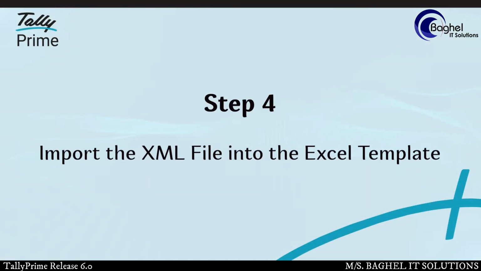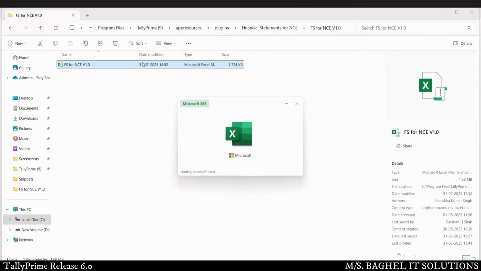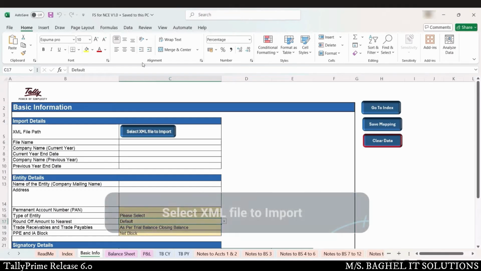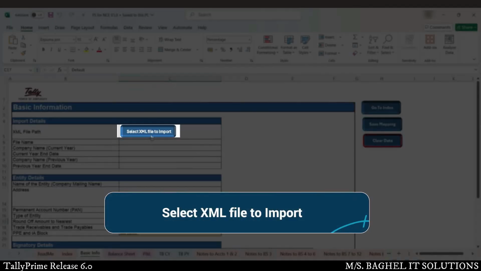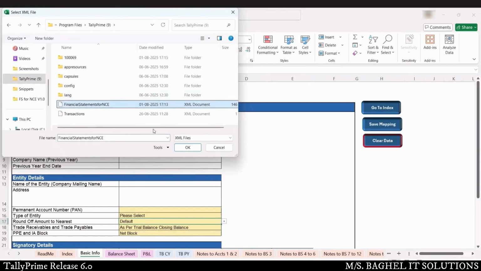With the XML file ready, let's move on to importing it into the Excel template. Open the extracted Excel template and go to the Basic Info sheet. Under Import Details, click Select XML file to import and choose the XML file you exported.